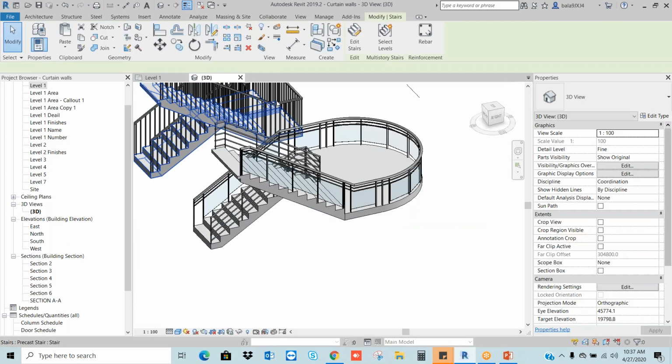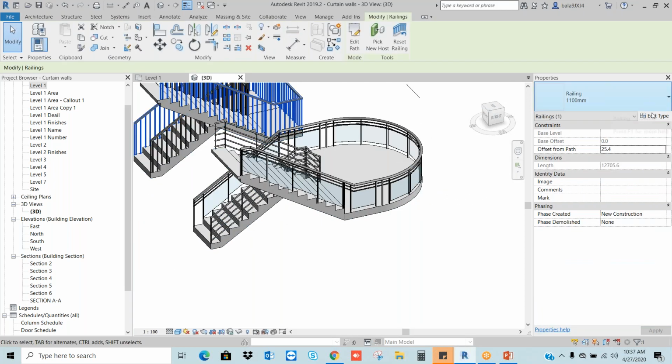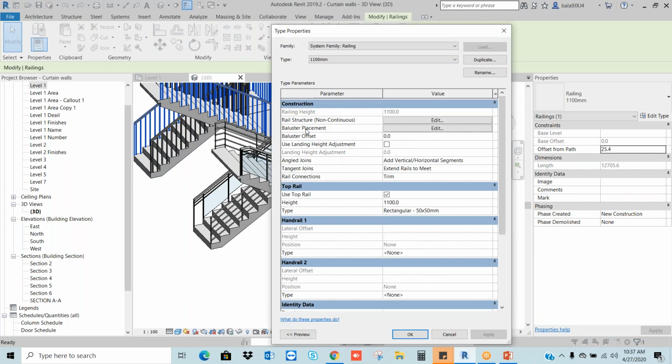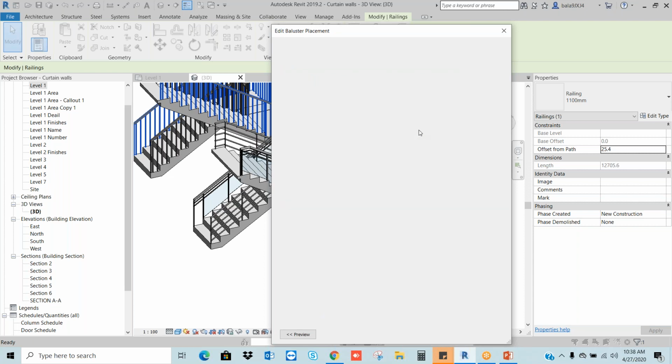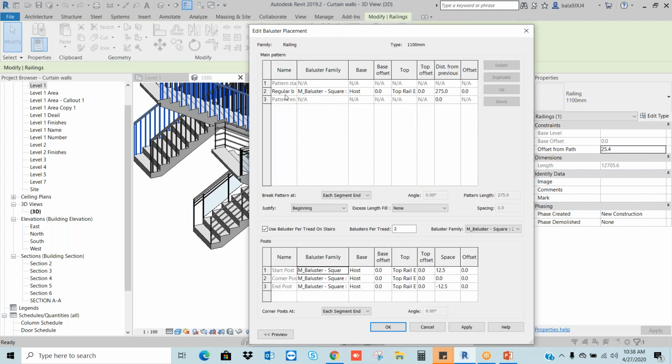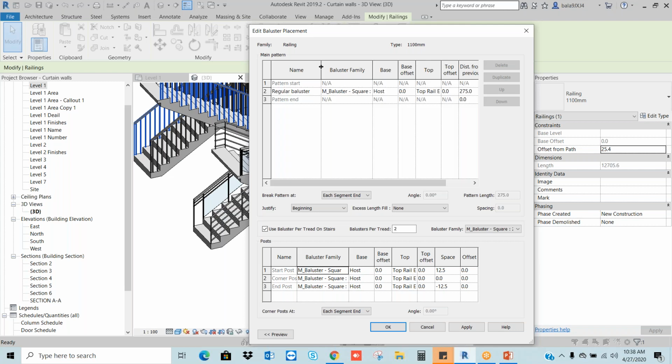If you take this simple railing, select it, go to Edit Type and see the railing structure. And if you go to the baluster placement, here you have the different options. If you want to explore more on the railings, but my recommendation is not now.